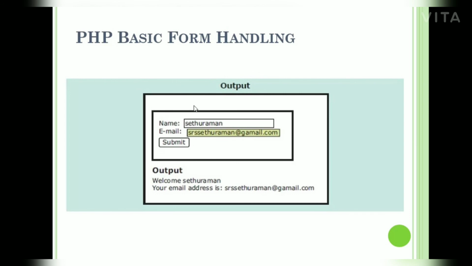This is the output of the form. Here the name is mentioned and it's a text box, and email is another text box, and there is a command button, that is submit. So the output will be, when you print here, welcome Seduraman, your email address is